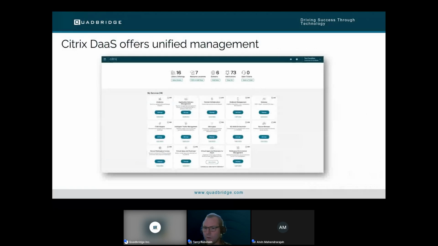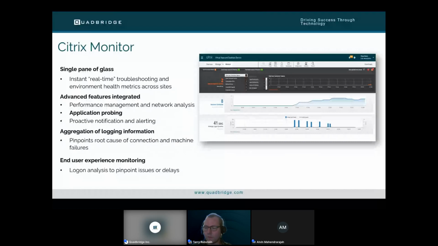The other thing, obviously, is that this is all a cloud service now. This is a unified management portal, and this is what it looks like when you log into citrix.cloud.com. All your tools and all your technologies are available from a single portal. Citrix Monitor. This is one of the key